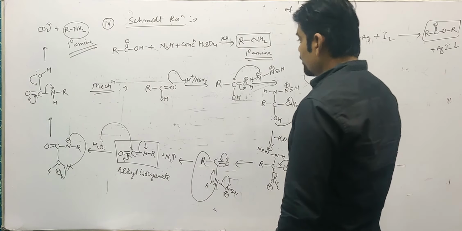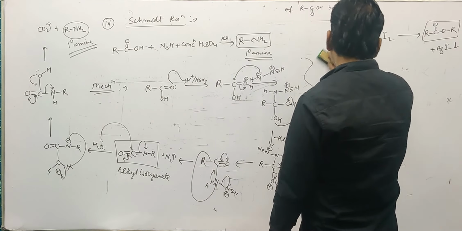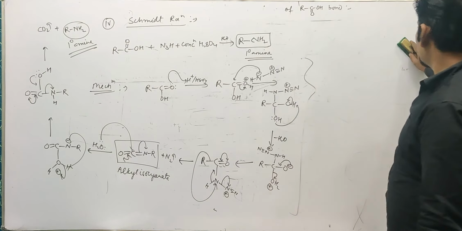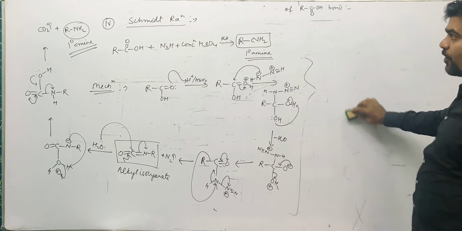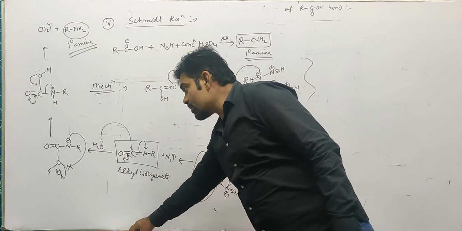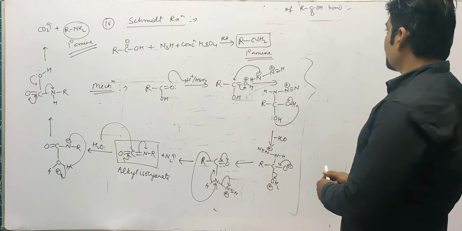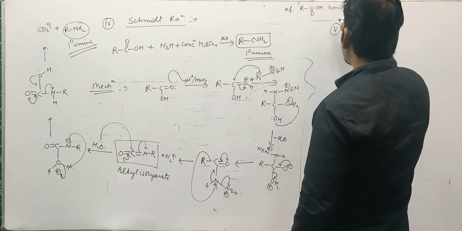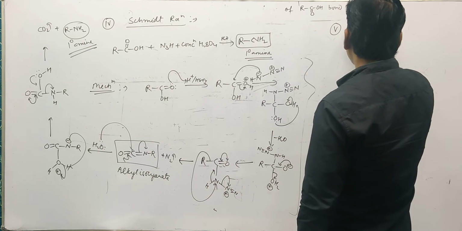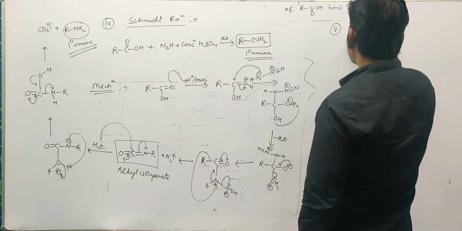So it was the fourth way to do decarboxylation. So far we have discussed decarboxylation by 4 different ways. Now the fifth way of decarboxylating carboxylic acid is by the pyrolysis of